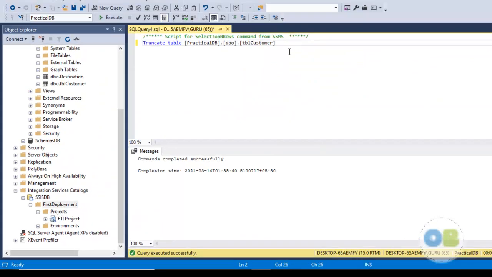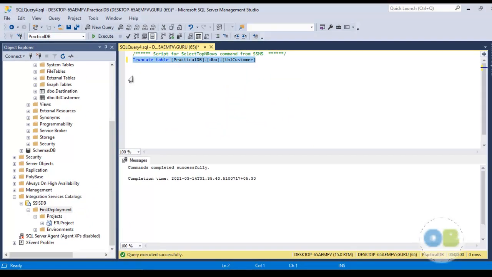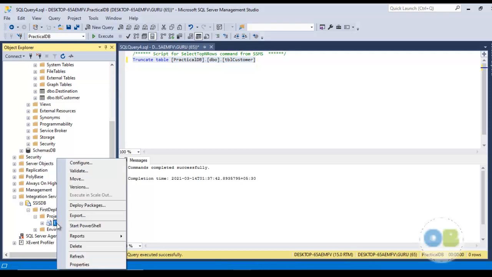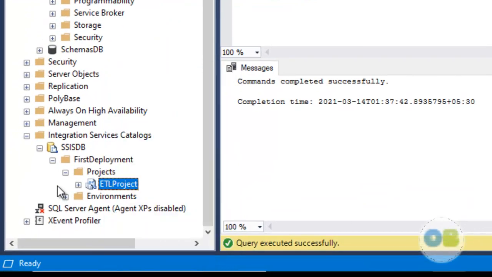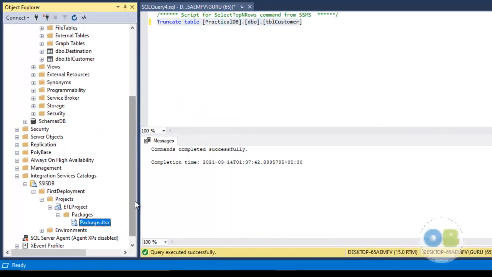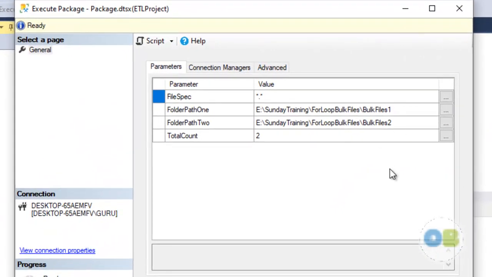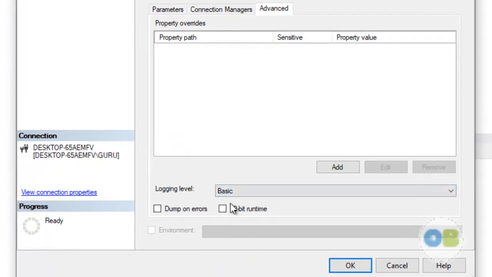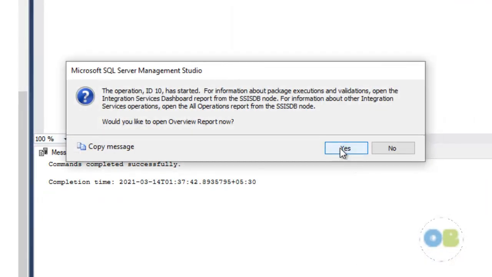Before execution, let me truncate the table here, that is table customer. As you can see, the command has been completed successfully. Now let me execute the package here. I will select execute, and from the advanced tab I am going to select the 32-bit runtime and say OK to execute the package.